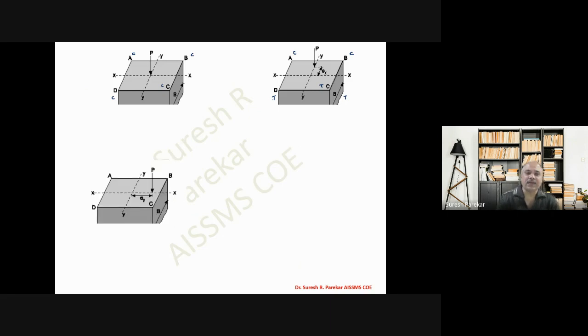Then we can have next diagram where we have eccentricity about y-axis. Now in this, we have compression. And on this side, we have tension. So on which side of axis you have load, on that side you have compression. So now on right of y axis we have this load, so on B and on C we are going to have compressive stresses, and on A and D we have tensile stresses. In this, on this side of x axis we have load, so we have A compression, we have B compression, and then C and D we have tension.